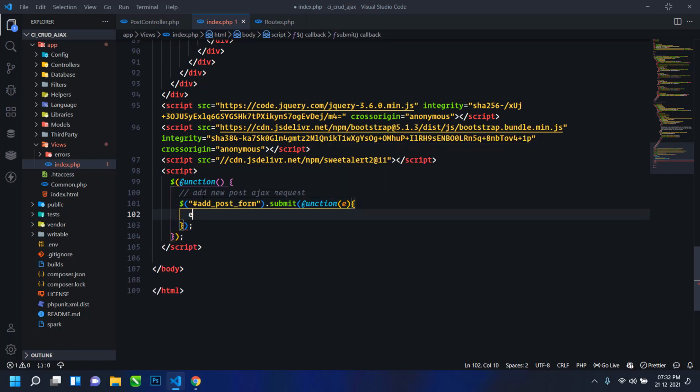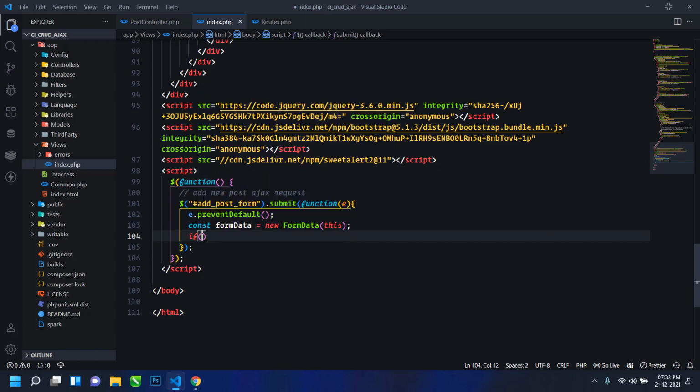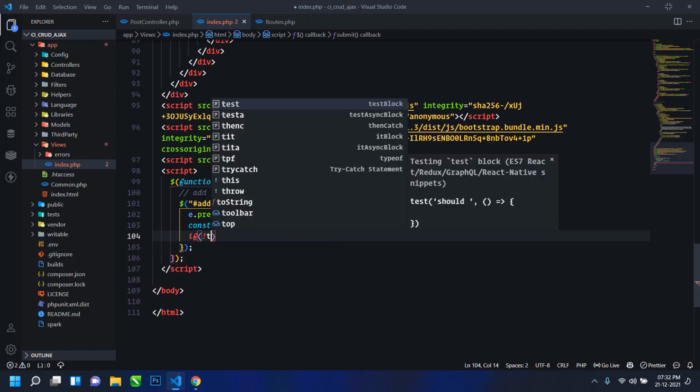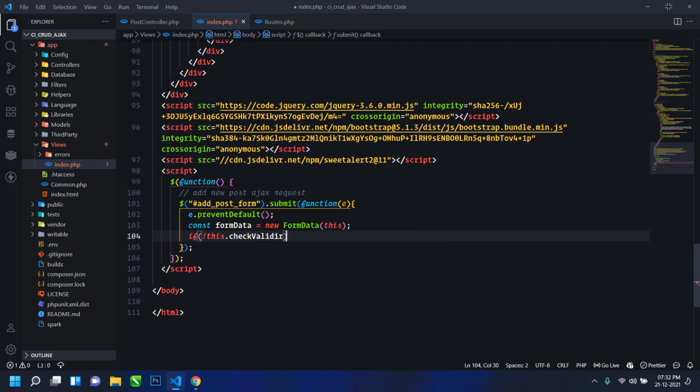First I will use e.preventDefault to stop the page refresh, and then I will create a constant, form data equal to new FormData(this), and then I will check the form validity. So here I will use if not this.checkValidity.